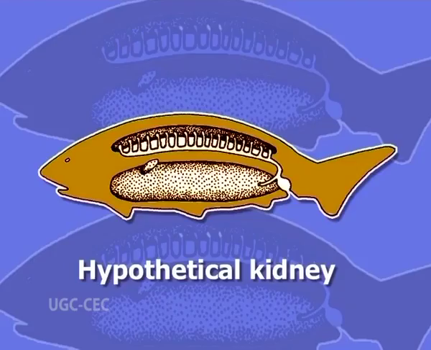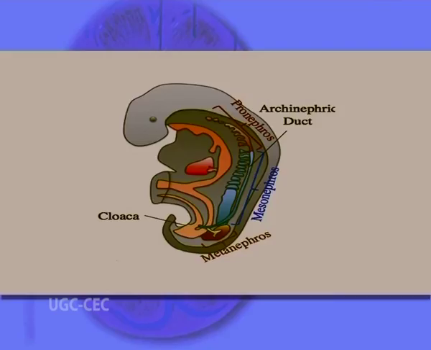It is believed that kidneys in all modern vertebrates evolved from a hypothetical kidney known as archinephros or holonephros, which extended from the anterior to the posterior end of the body with segmentally arranged glomeruli and nephrostomes. These glomeruli received blood from the dorsal aorta and filtered the nitrogenous waste into the coelom, from where it was collected by the nephrostome and transported to the outside via the collecting ducts and archinephric ducts.